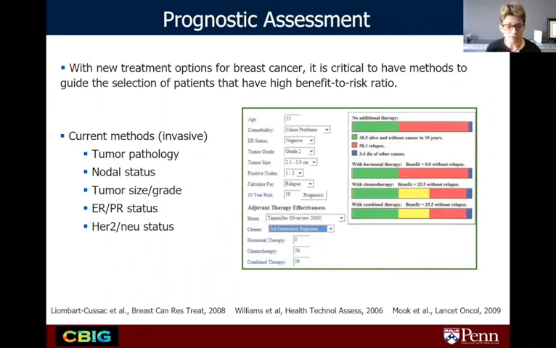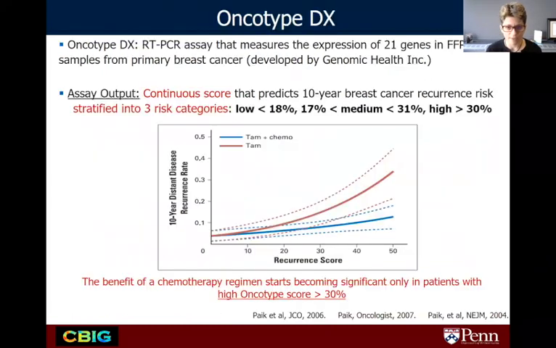In the context of breast cancer, for example, something that has been debated a lot in the past 5 to 10 years is the use of adjuvant chemotherapy in early stage breast cancer. Some of the conventional markers that oncologists have used in this setting are tumor pathology information, nodal status, tumor size, grade, receptor statuses, and so forth. There are different models built on these factors. I'm showing an example here of Adjuvant Online, which, as the name says, is an online model where the oncologist can put in all this information and get some sense of the benefit with different therapy options versus no additional therapy, and based on that, make a recommendation.